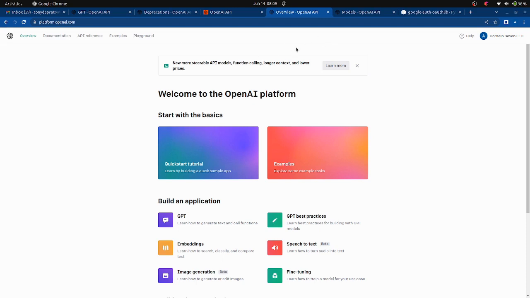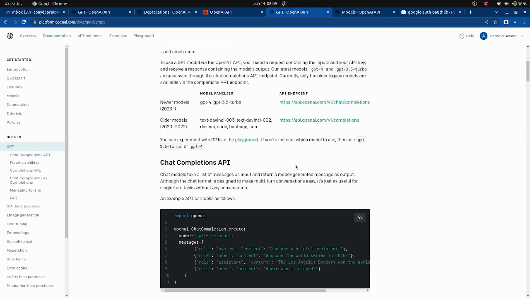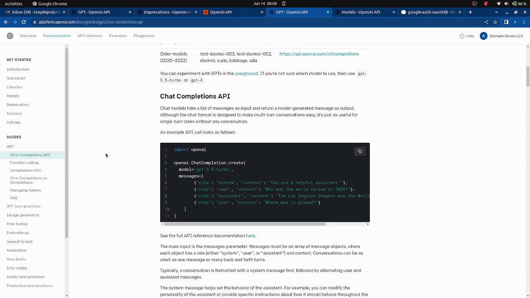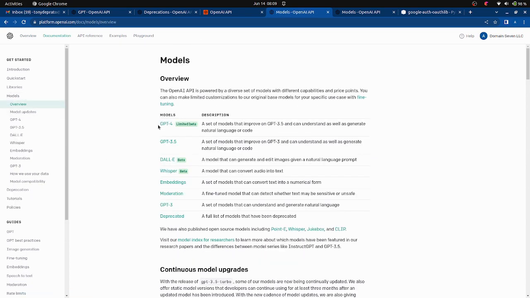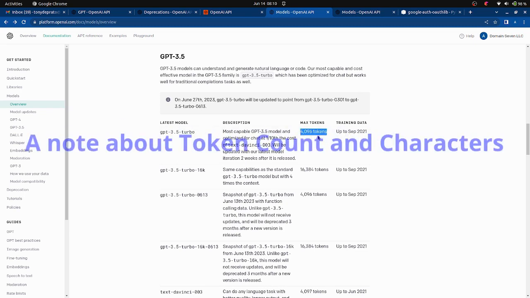If you're wondering how any of this stuff works, I'm not going to go into great detail, but basically, once you set up your API, you can learn how to build applications. There are different models available to use. This model is the one I've been using. You're like, why don't you use 4.0? 4.0 is very expensive. I used it for one day and it was more money in one day than 2 months of using everything else I'd been using. So just so you know,